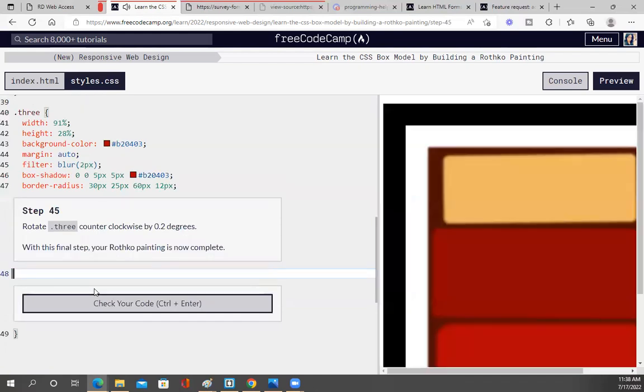Okay. Rotate 3 counterclockwise by 0.2 degrees. With this final step, your painting is now complete. This is counterclockwise, so we're gonna do the